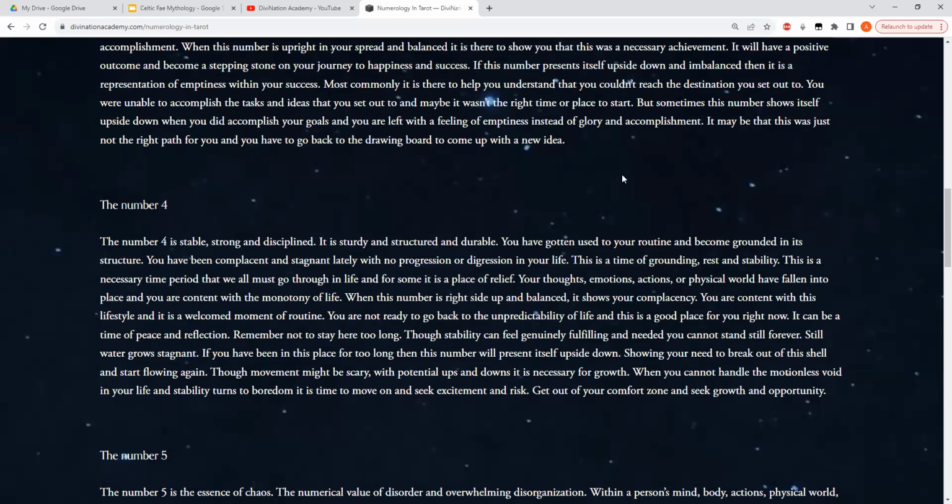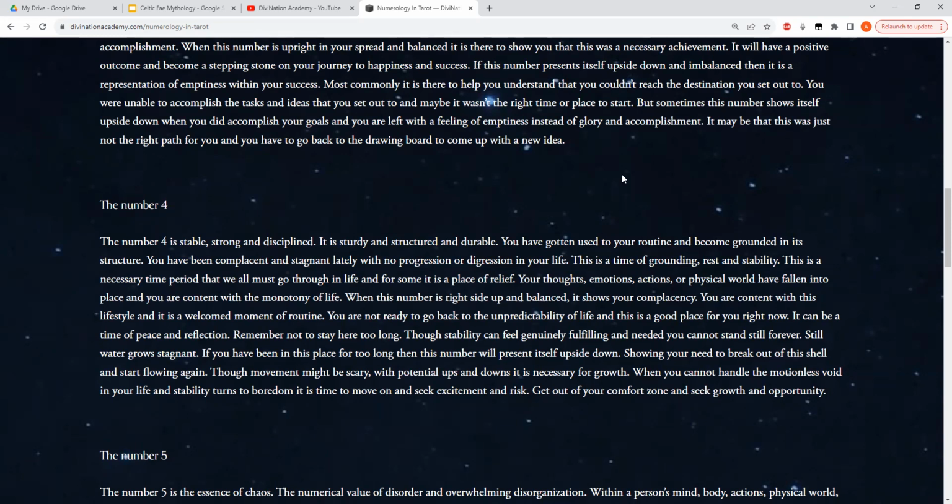So the number 4, people, this one, at least to me, is a very, very easy number to describe about somebody all on its own. And I think the number 4 describes so many people. And it's a very easy number to kind of see the big picture and be able to use this number to describe an entire person's personality and everything that they're going through. Because the number 4 is stability and discipline.